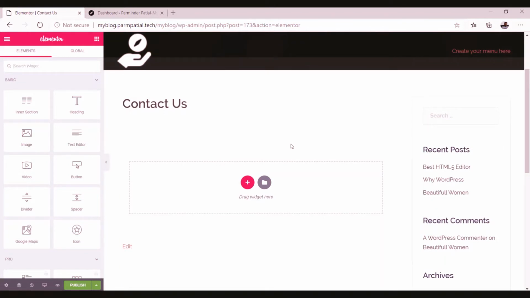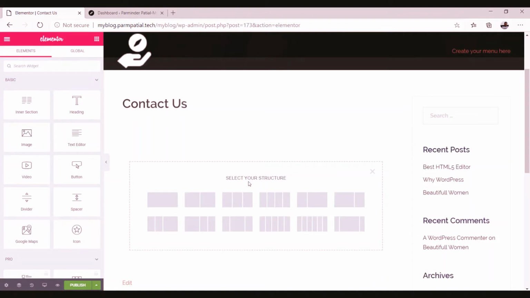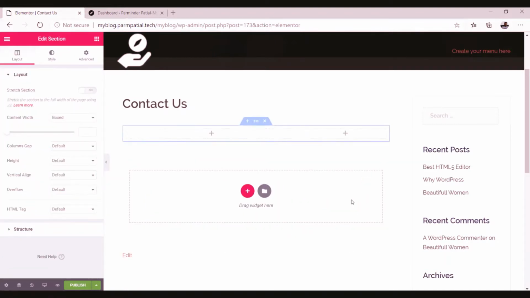So I wanted to add some information about my address, my email ID, and my mobile number or telephone number, and simultaneously I would like to add a map if somebody wants to find my location on the map. And the third thing I wanted to add is a form from where somebody can send me a message or contact me. So in order to do that, I'm going to add one row over there. This time I'm selecting this option, that is 66% and 33%. So just click on this.